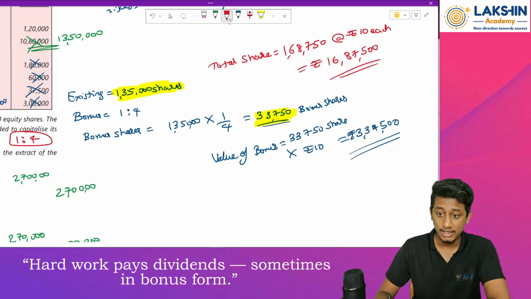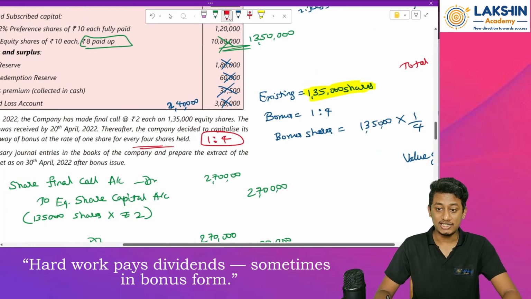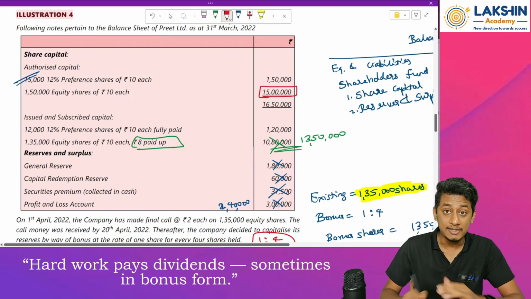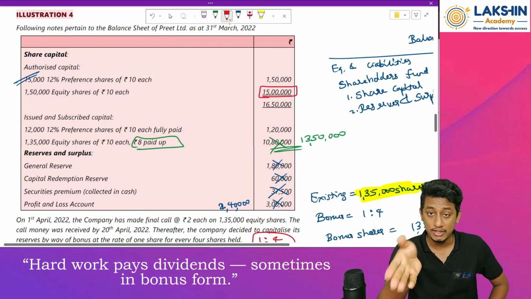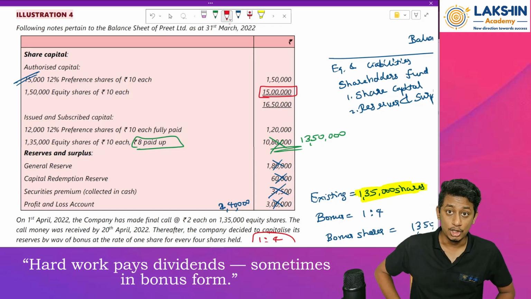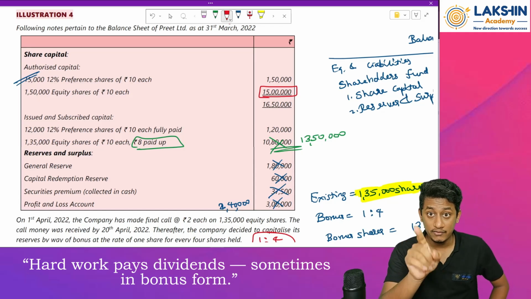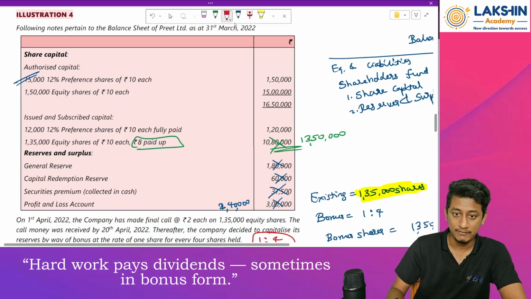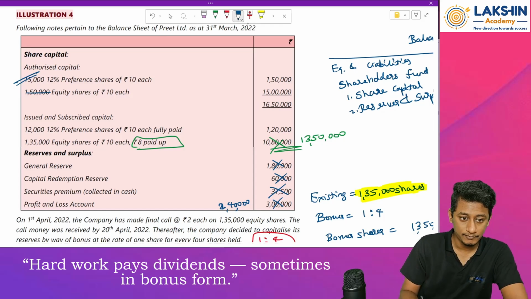Right, 16,87,500. But what is the authorized capital? What is the authorized capital that I have? Only rupees 15 lakh. That means I am issuing more shares than my authorized capital. So what should I do? I should increase the value of authorized capital. So the new authorized capital will be how much? 1,68,750